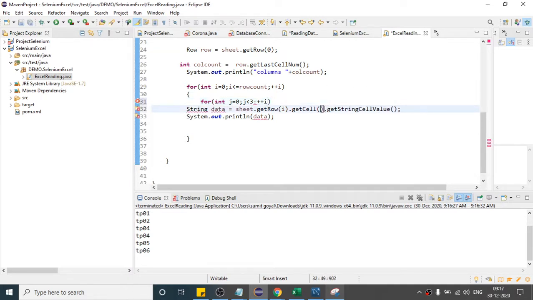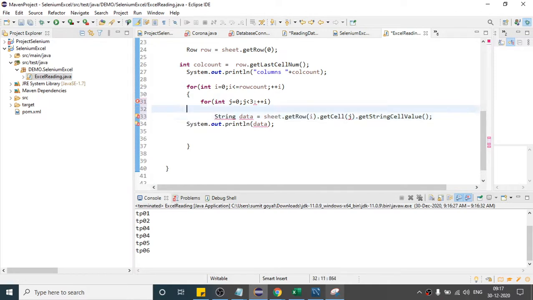So if I write j here, and put one brace here and close it, error gone. In the setup, you have to give j plus plus, otherwise it will give some random data.